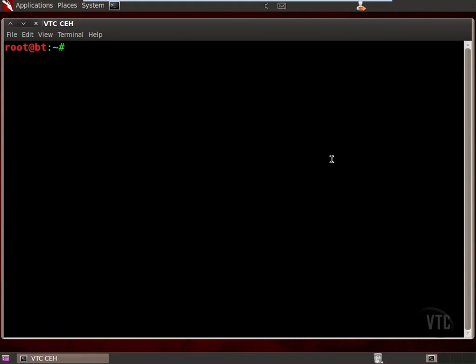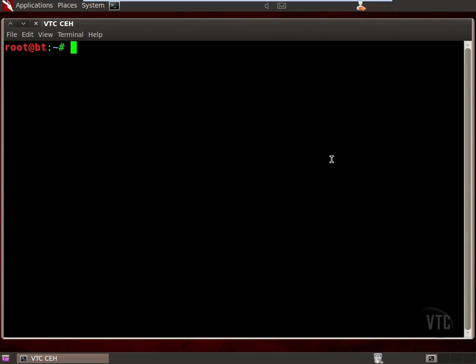For this demonstration, we're going to be showing you how sniffing works. So we're going to be using Wireshark to sniff some traffic between 3 hosts. Now, these 3 hosts are a Windows XP box that I have set up that's running a FileZilla FTP server. And a user is going to connect to that FTP server using a CentOS client. And in the background, Wireshark's going to be running, and we're going to see what we can intercept and pick